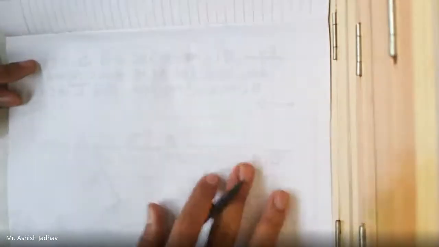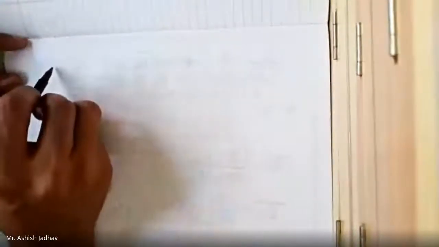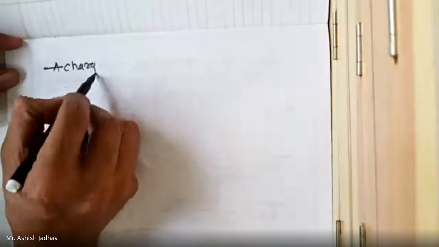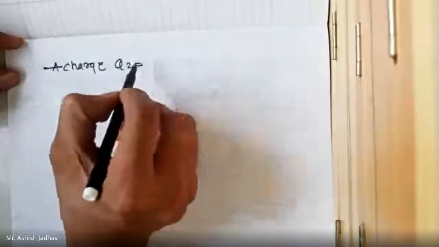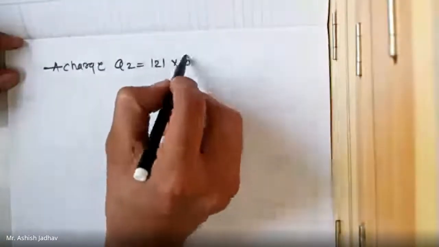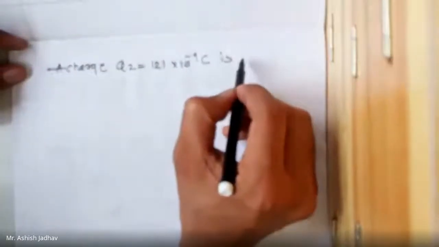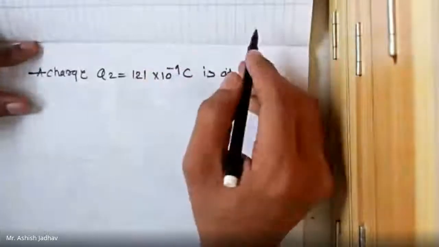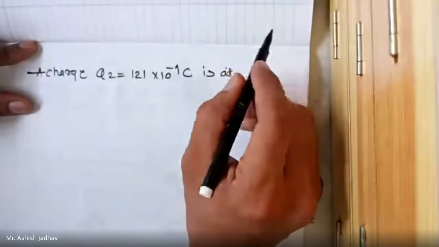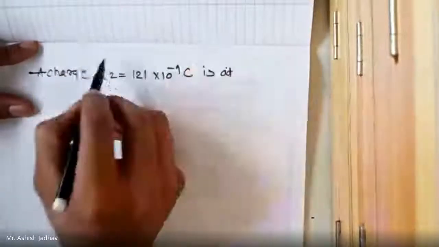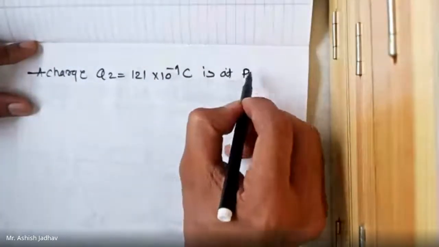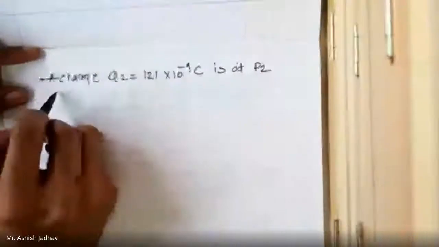So next example is to calculate the force. Calculate the force between two charges. If a charge Q2 is equal to 121 into 10 raised to minus 9 coulombs is located at point P2. Sorry, this Q2 is located at P2. Coordinates of P2 are